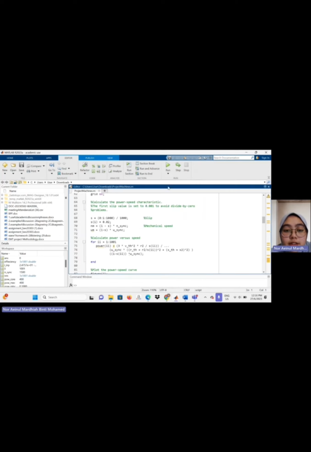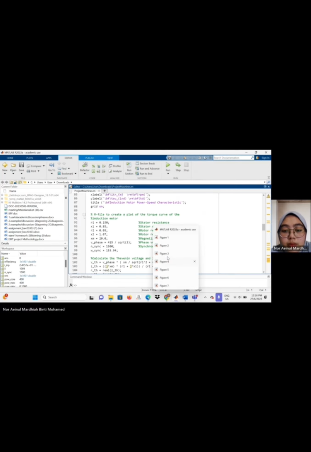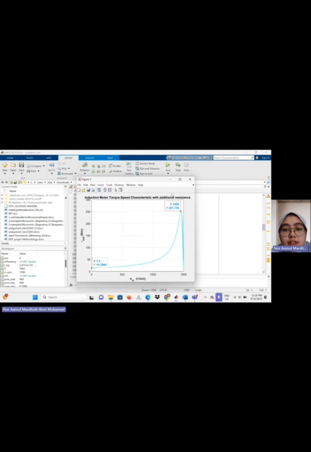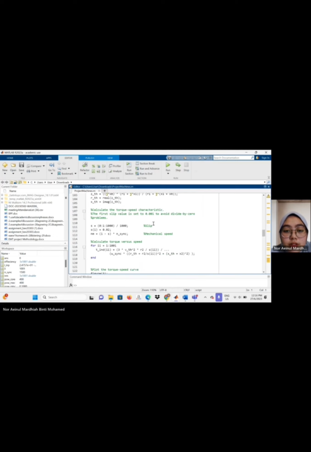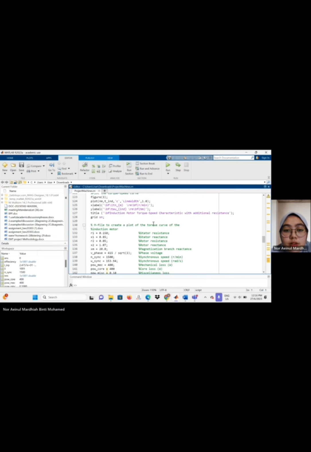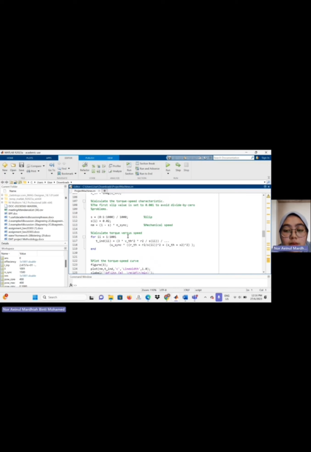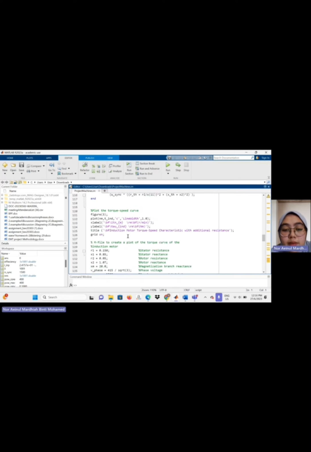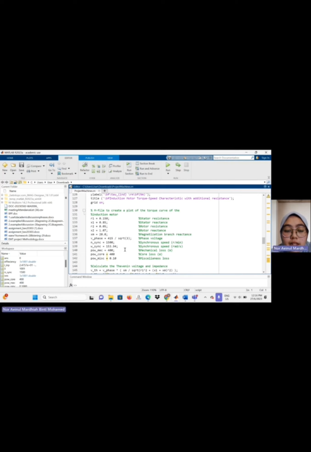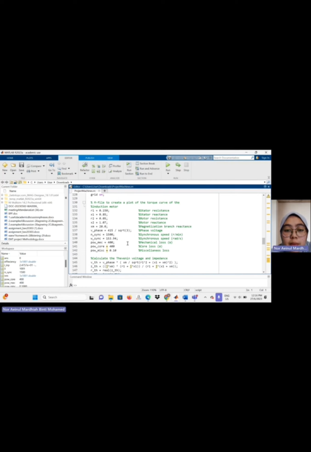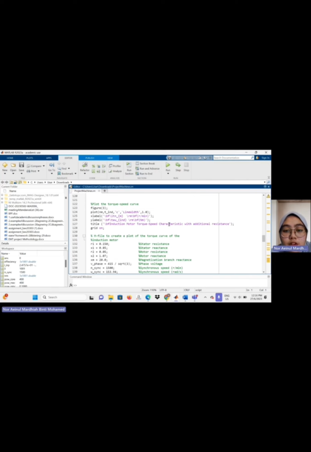So the next graph is induction motor characteristic with additional resistance. So this is our starting point and this is the maximum point. So this is the command we use, same as the torque speed, but we add the mechanical loss, core loss, and stray loss to plot the graph of induction motor torque speed characteristic